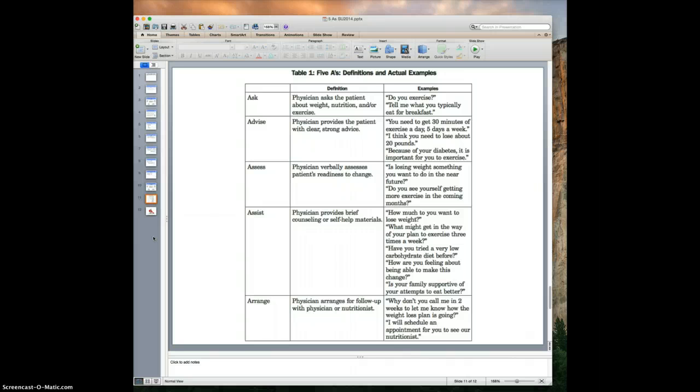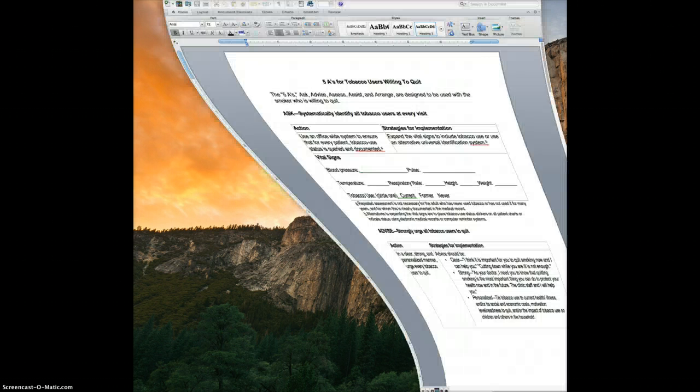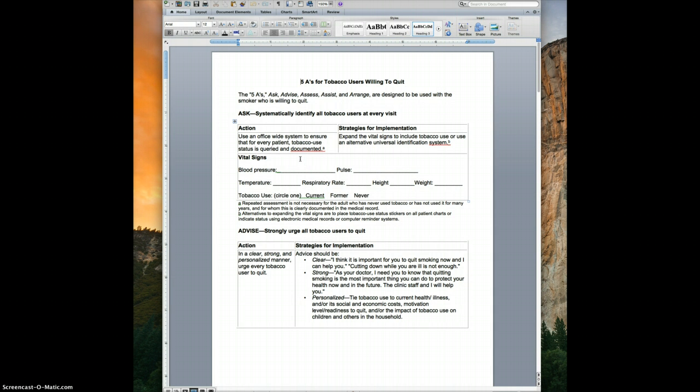So again, I've given you the definition and then examples or key phrases for how you can engage in the dialogue with your patients as well. All right, the other thing I wanted to show you was I have this handout that I will send everyone as well. And this handout again talks about the 5As, gives you some key phrases, but what I really like about this as well is as you ask, advise, assess, assist, and arrange, and walk through these things with your